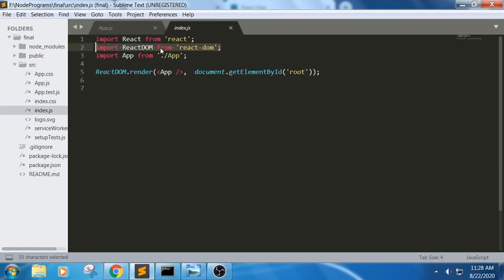Whenever you are trying to create a component, you should always use a capital letter, that is an uppercase letter, and it will extend the React component. And we will also use a render method, which makes sure it returns the HTML part. So instead of having a theory part, let us write the code.